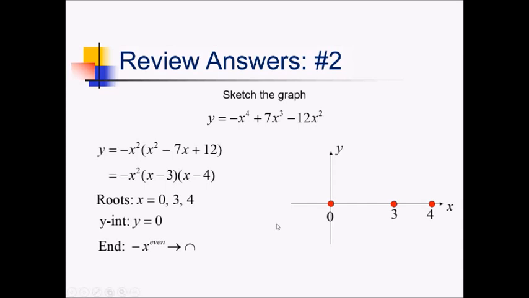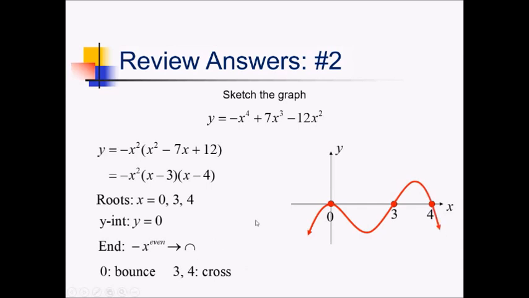And now for the root behavior, taking a look at what we're doing at each of these intercepts here, 0 is a double root because it came from this x squared, so we're bouncing at 0. And then 3 and 4 both came from single power factors, so we're going to cross straight through those. So starting below the x-axis, we bounce at 0, come down here, come back up and cross through 3, then we come down and cross through 4, and we end below the x-axis,